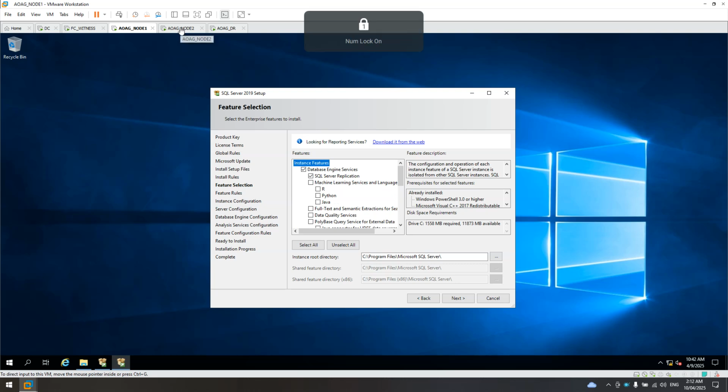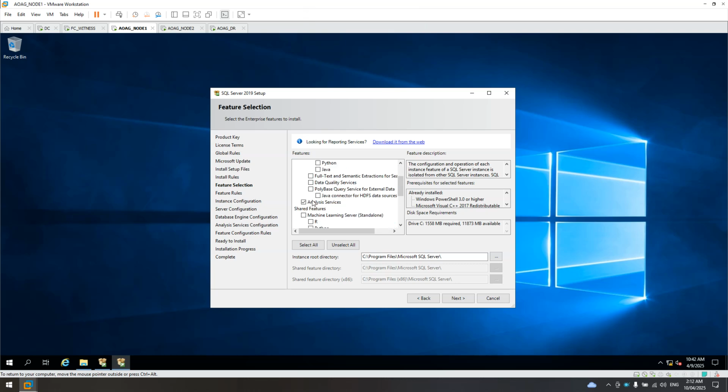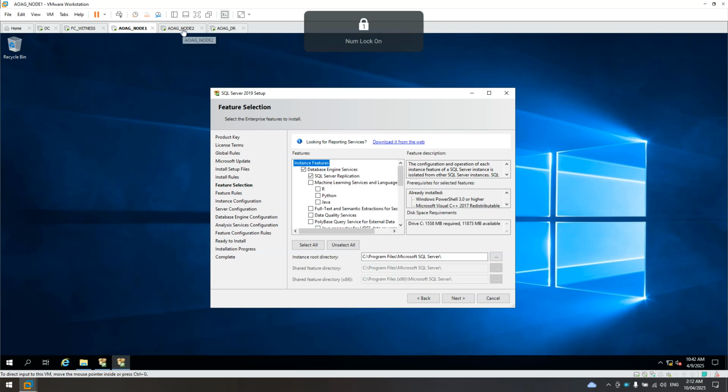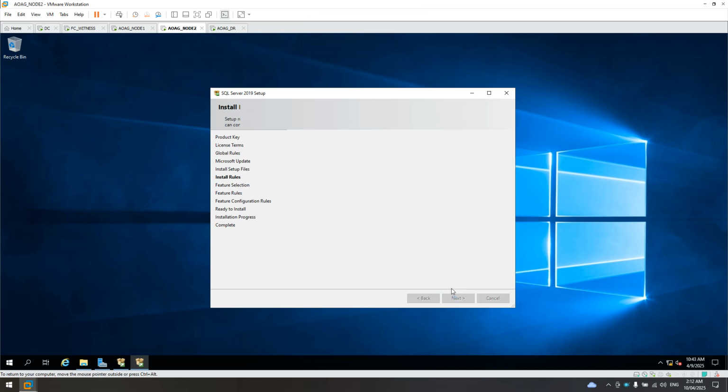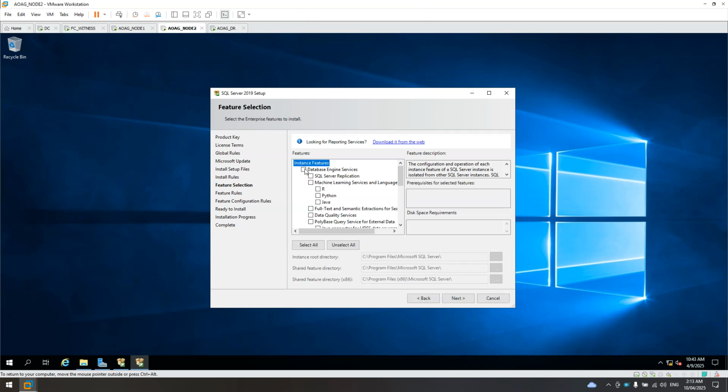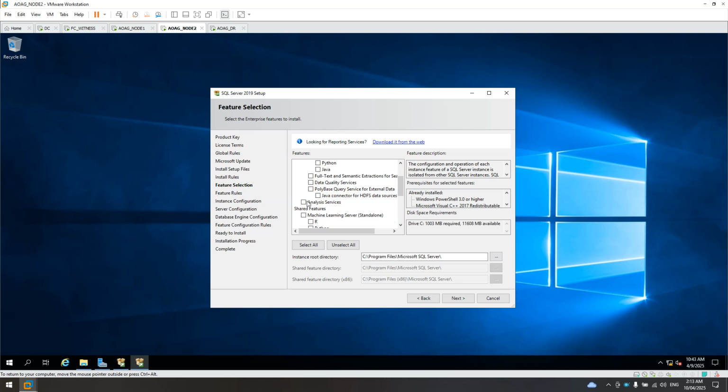Same with the other nodes. But for AOEG, you don't really need to enable all of this. But for this example, I'll enable the database engine, SQL Server replication, and analysis service. Same also on node 2. Next, enable the database engine, SQL Server replication, analysis service.